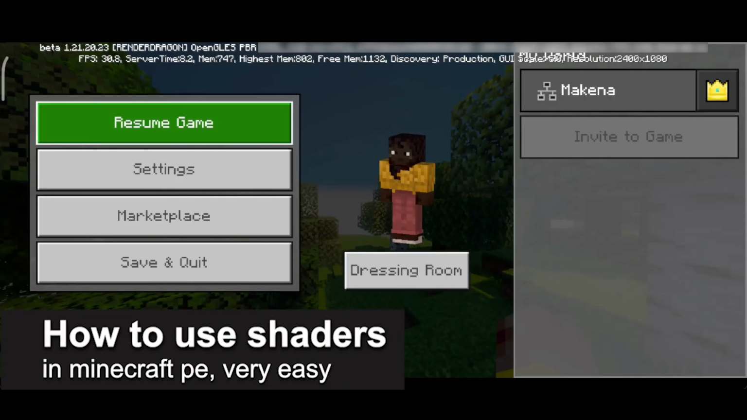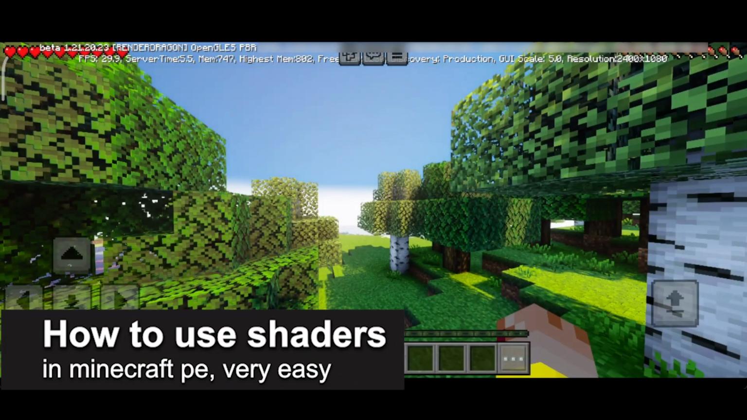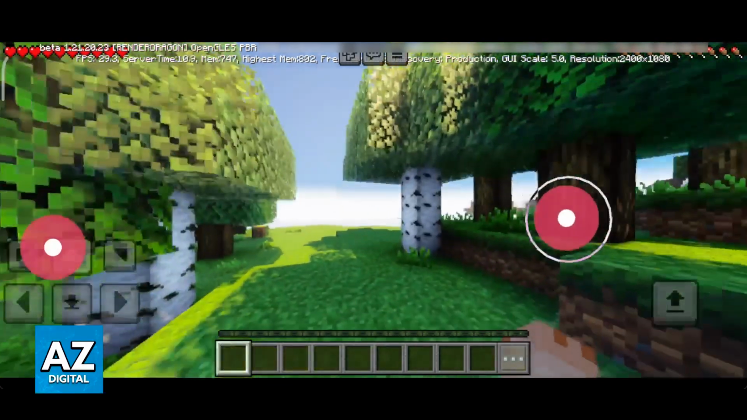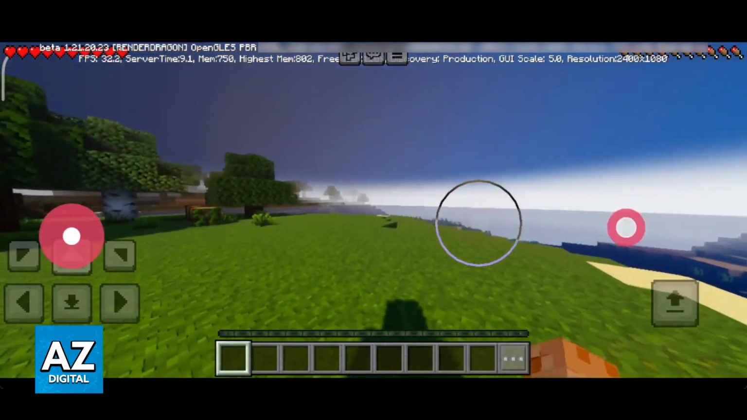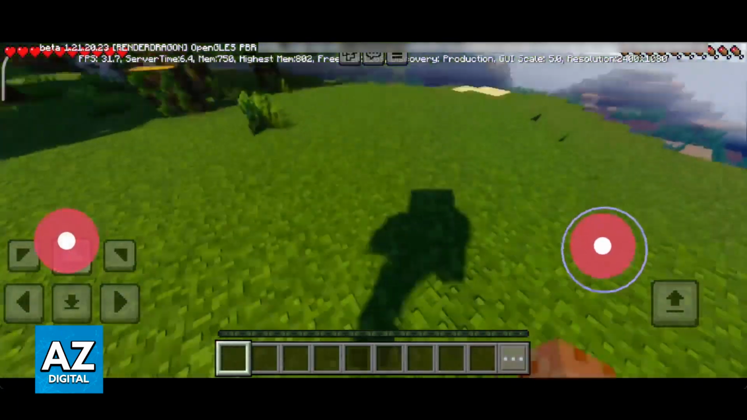In this video, I'm gonna teach you how to use shaders in Minecraft Pocket Edition. It's a very easy process, so make sure to follow along. Keep in mind that while it is possible for you to have shaders in Minecraft Pocket Edition, as you can